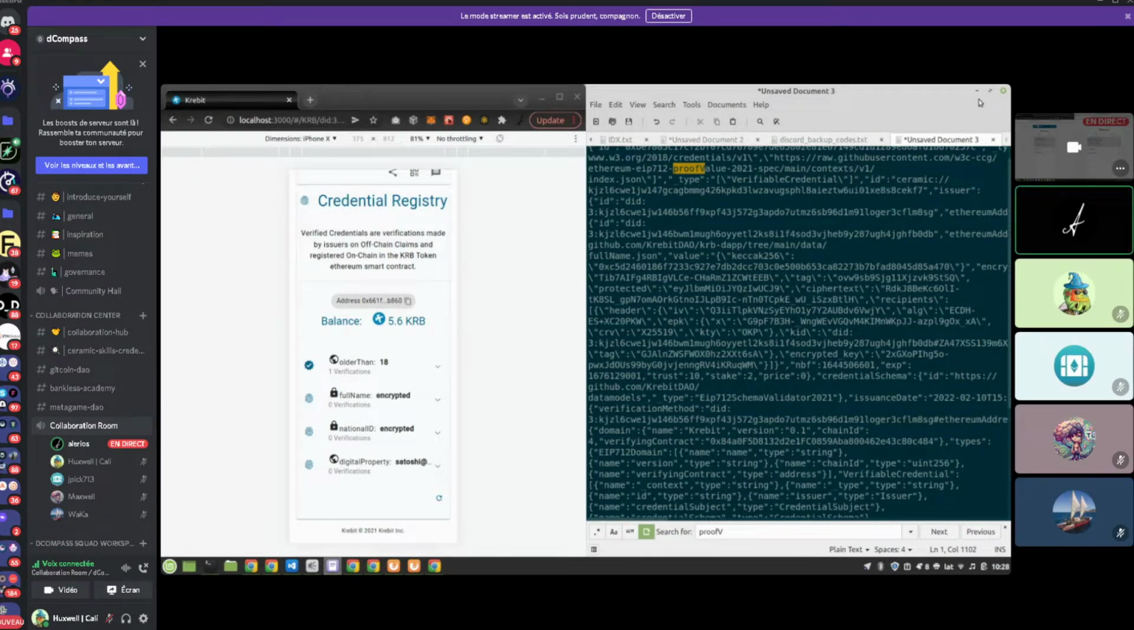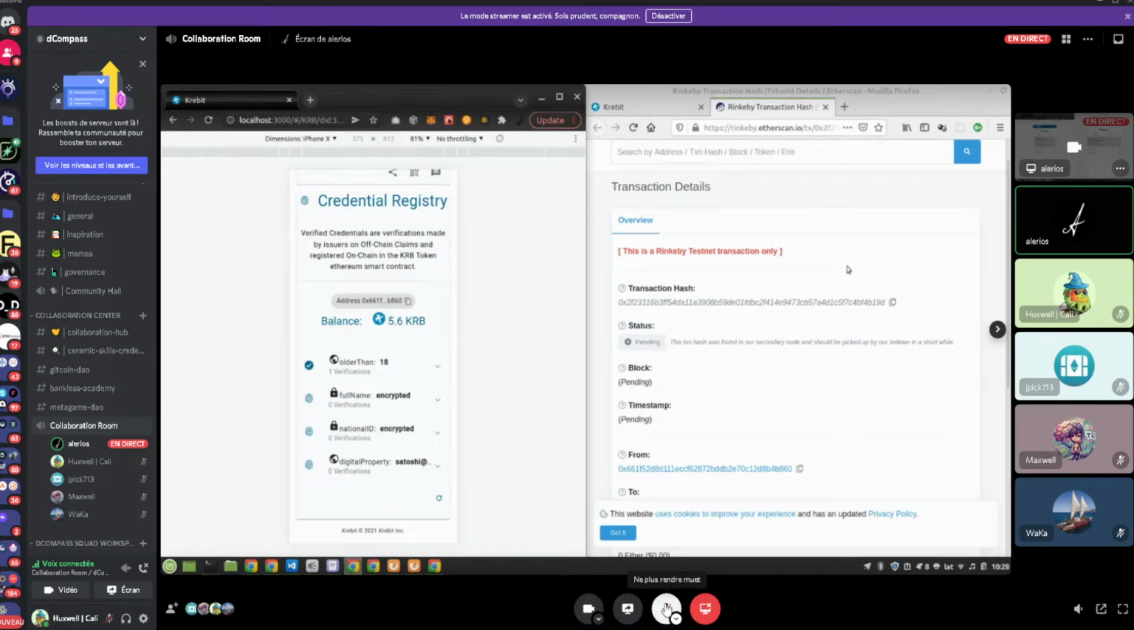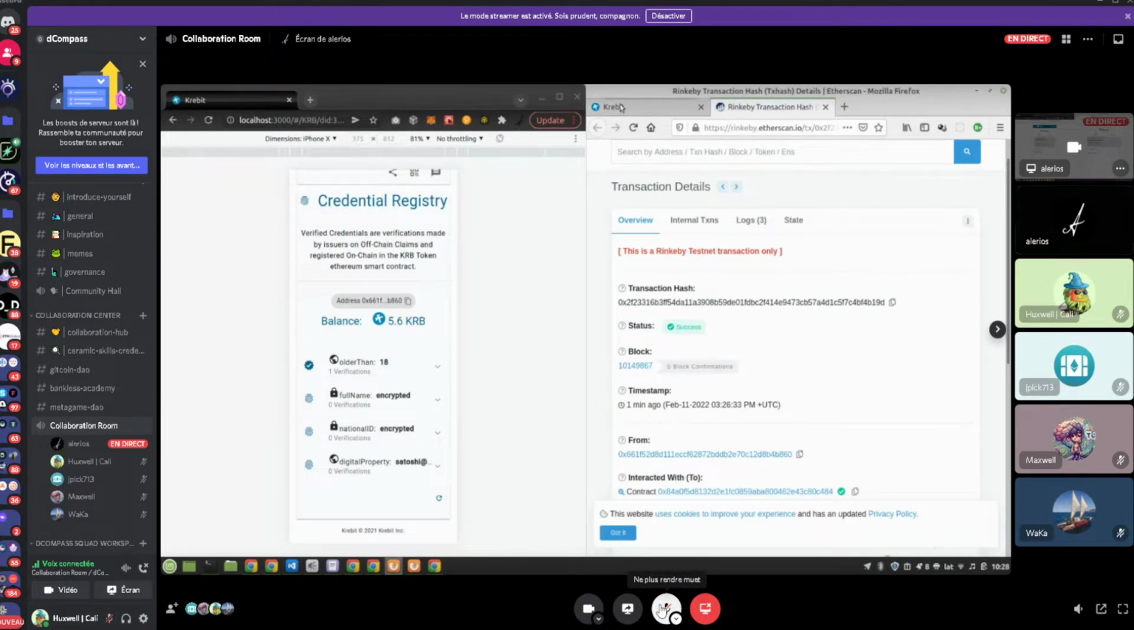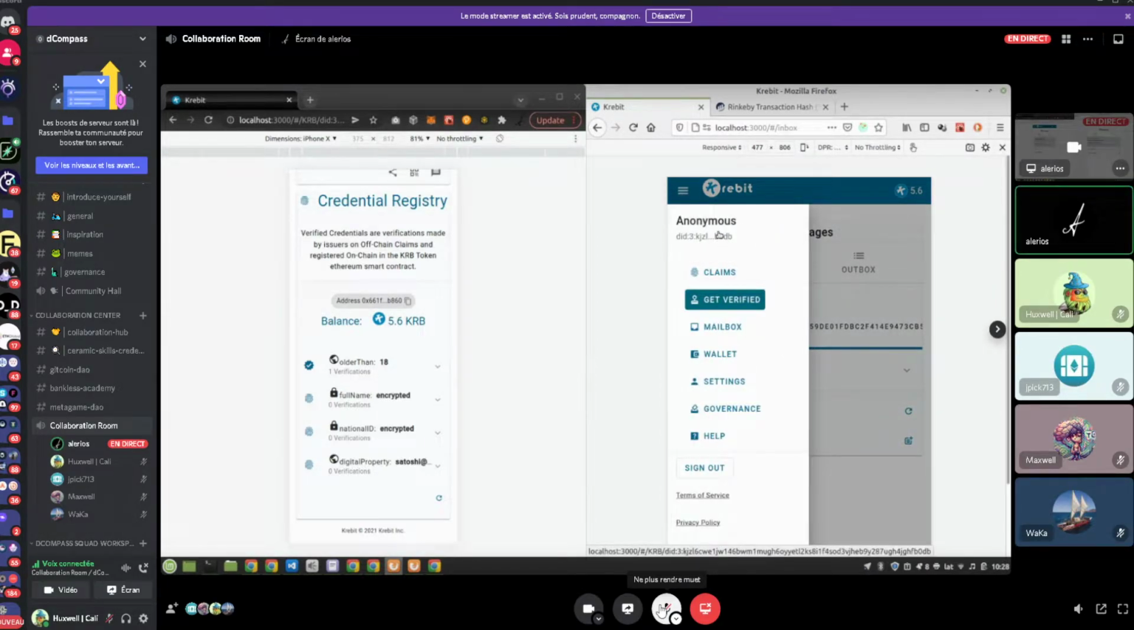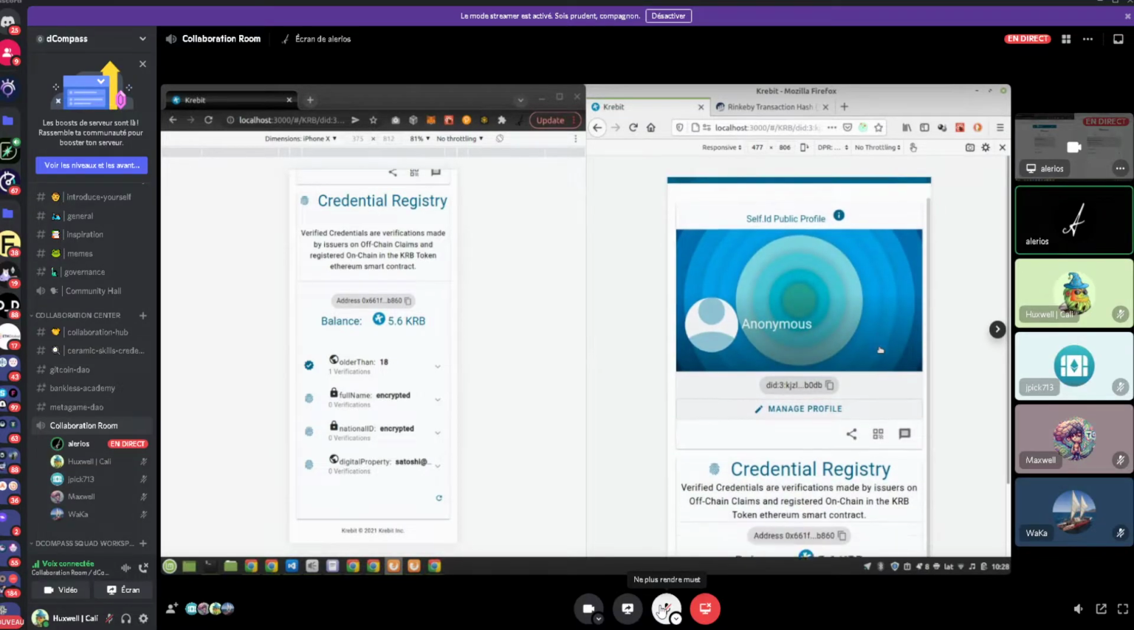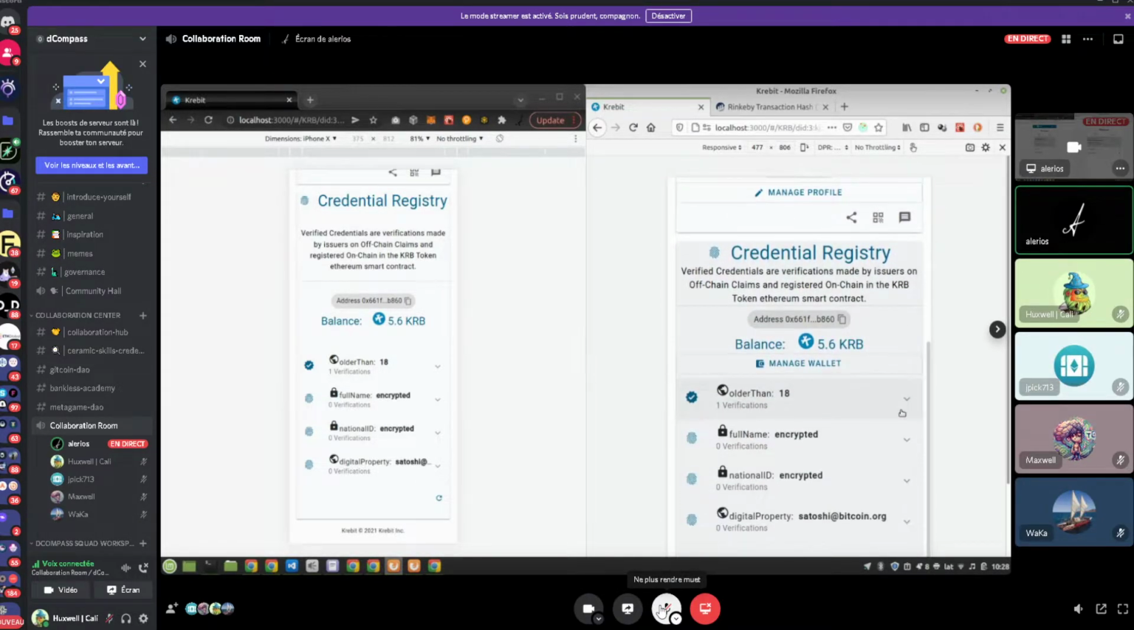So the other function that the contract is performing is that they are verifying for people. You don't have to verify yourself. So now it's registered. It should start coming into the